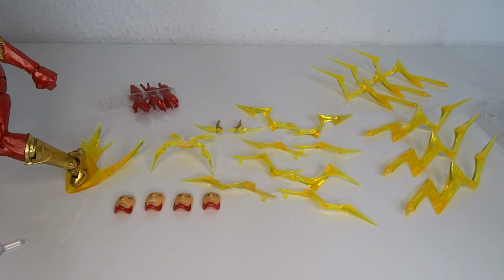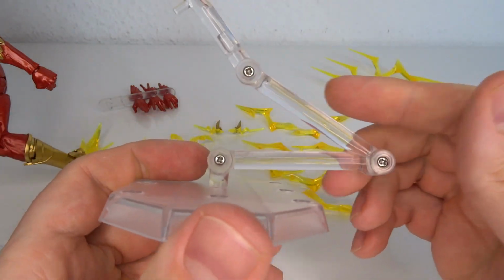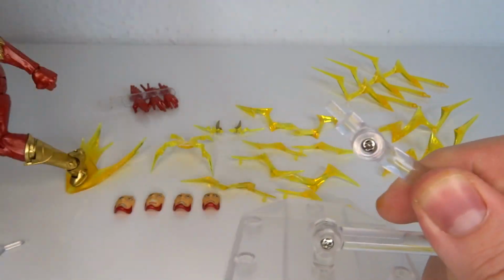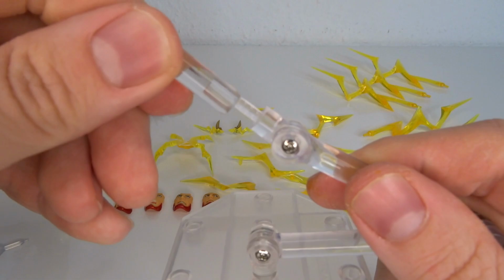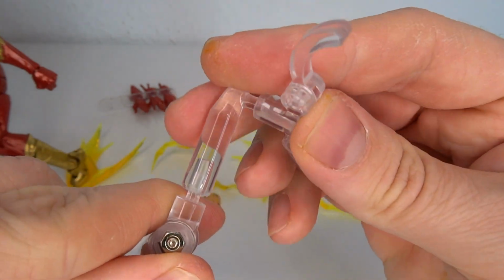Because this figure has a lot of it. So first and foremost, we do have the base. Regular Kyoto Revoltech base. You have these arms, and you can tag it in whichever way you want. You have the regular pack for the figure in the back, or then you have the longer pack if you want to put it in the figure, and then you also have the claw, which you can also put